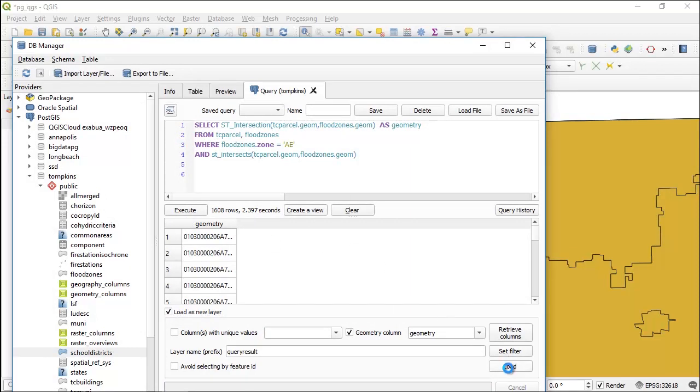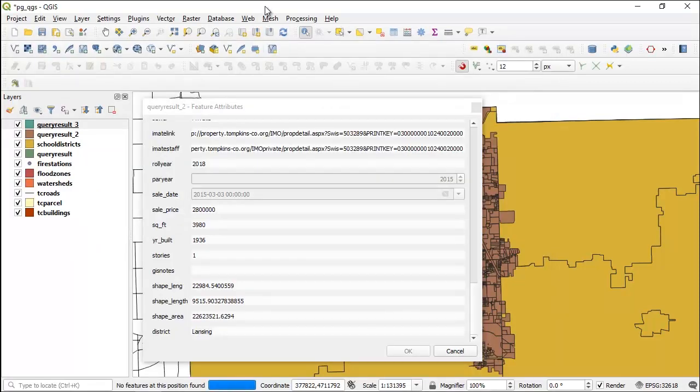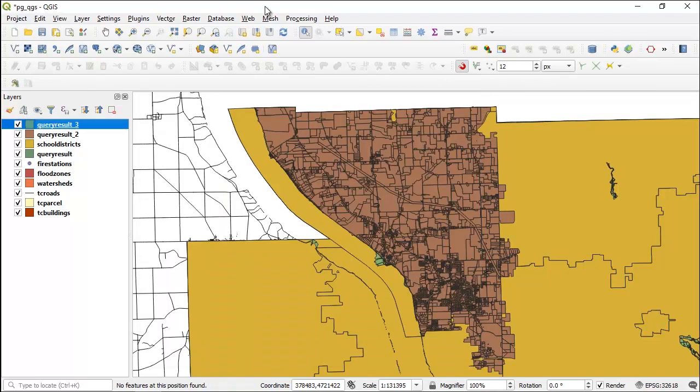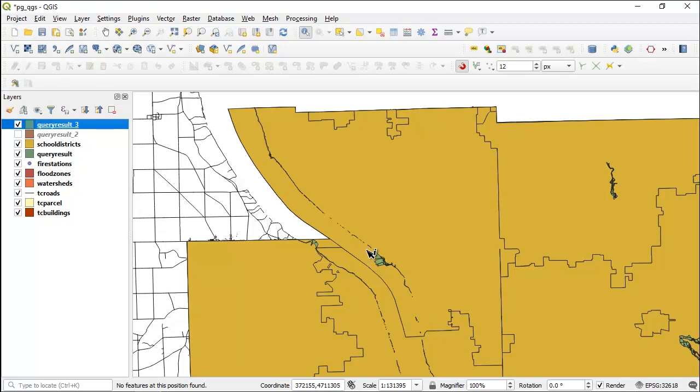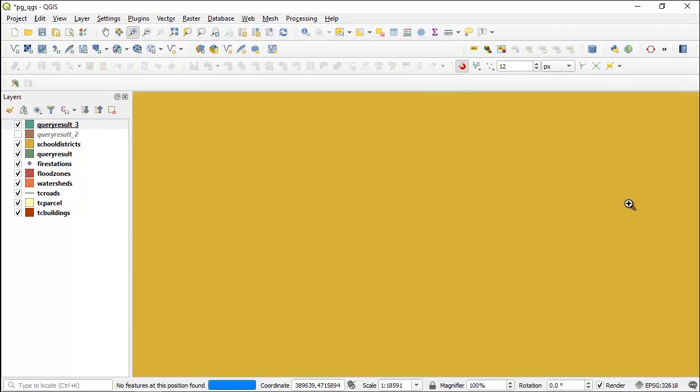And what I can do here is say, let's load that. And we'll open up Postgres. And here I created that as a different layer called query result 3. So let's turn this on. So now we see a couple little slivery things in here. Why don't we take a look at one of them? And let's go right in here. And we'll give it a second. So you can see the parcels that are in here